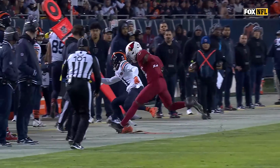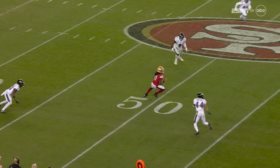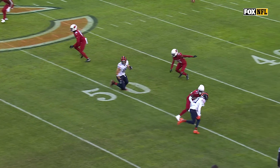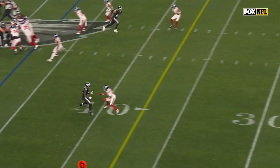want that outside. March down the field. They've got this handled, but because of Ayuk and his ability to make... But you're just going to get a quick little out route, and if anything, this is just late to Cole Kmet. Brown comes into...